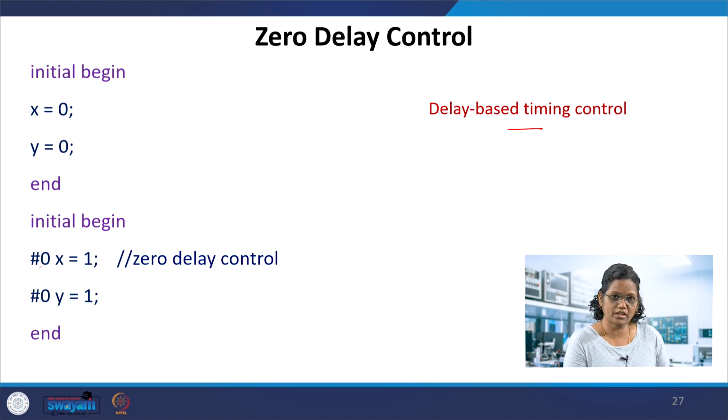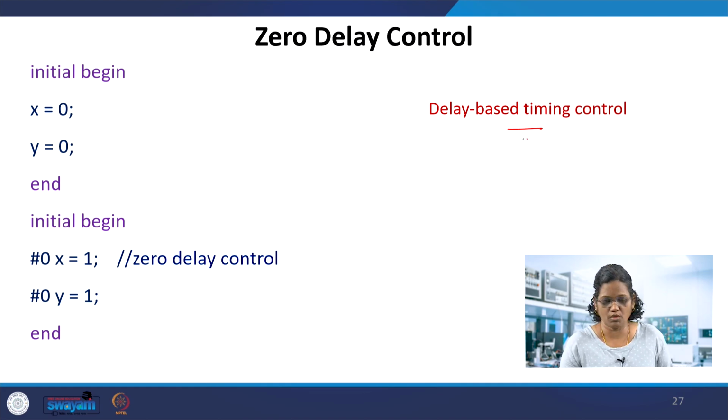It is also there is no delay. Once it looks at the hash and waits for this execution, whether it is a number of 0 or not, it waits a little bit. So x and y, x is getting 0, y is getting 0, at time t equal to 0. But within this always block, if you put multiple statements with #0, x equal to 1, y equal to 1, which one will be executed first is indeterminate, but it will be executed last after x 0 y 0. Either x equal to 1 or y equal to 1 first, or y equal to 1 then x equal to 1, will be updated. So, this is zero delay control.